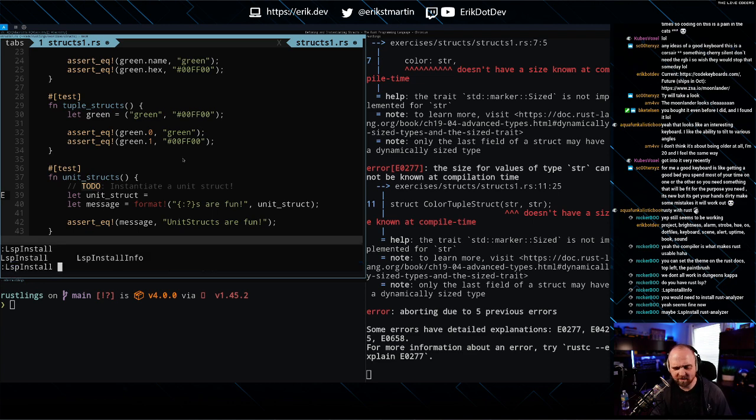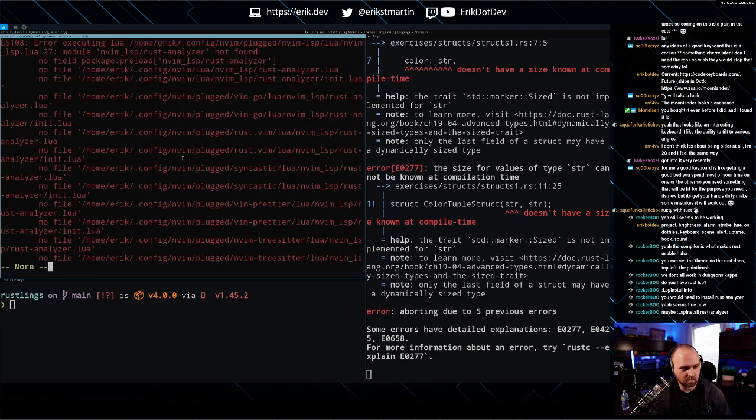That's probably going to yell at me that it doesn't know how to install it. Ooh, what is all that? NVIM LSP Rust Analyzer not found.